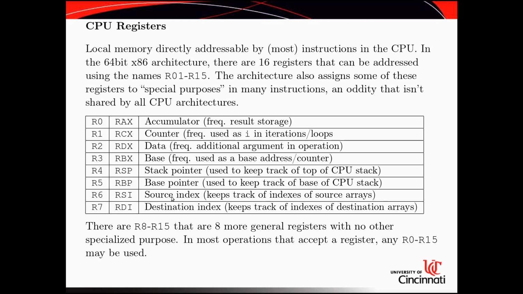And then the final two, there's a source index, which keeps track of indexes of source arrays. So if you remember when we were working with memory arrays and some of the data structures, stuff like that, the source index very often is used to keep track of the index of the array that's the source of, or I should say the unchanged source of data. And then there's a counterpart to it, which is the destination index. So these, I typically call them the string